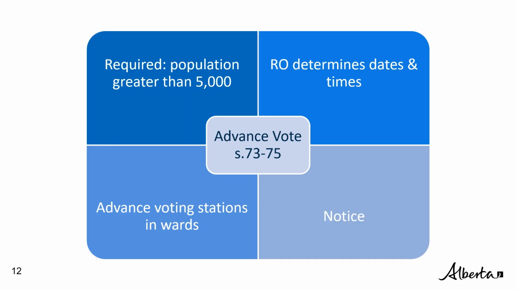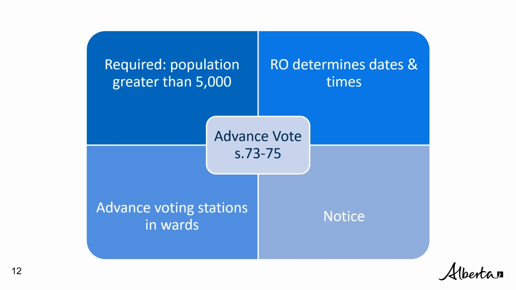What are the requirements to provide notice of an advance vote? The same prescribed format for notice of election day is used, that is Form 7. This notice is provided following the same rules for notice of nomination day and notice of election. Notice of election and notice of advance vote may be combined on the same notice, provided the publication timing requirements have been met.